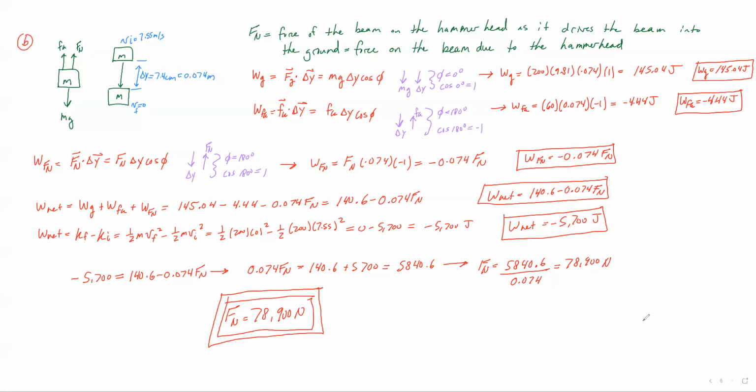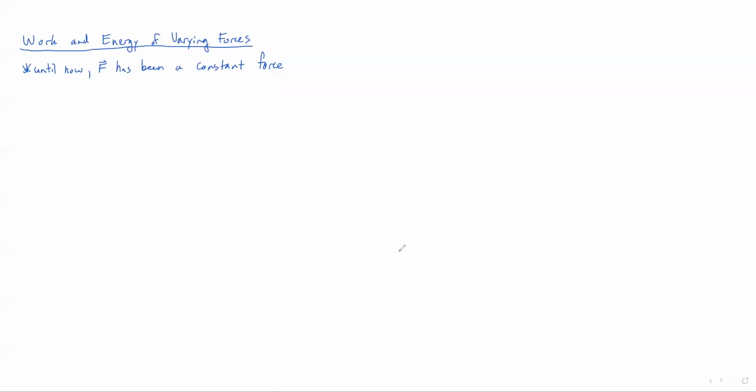Let's go on to our next page, because now we want to start looking at what happens if you have a varying force. So we're going to look at work and energy of varying forces. Until now, F has been a constant force. We said a constant force with a constant acceleration. But the question lies, what's going to happen when it's not? Well, let's graphically take a look